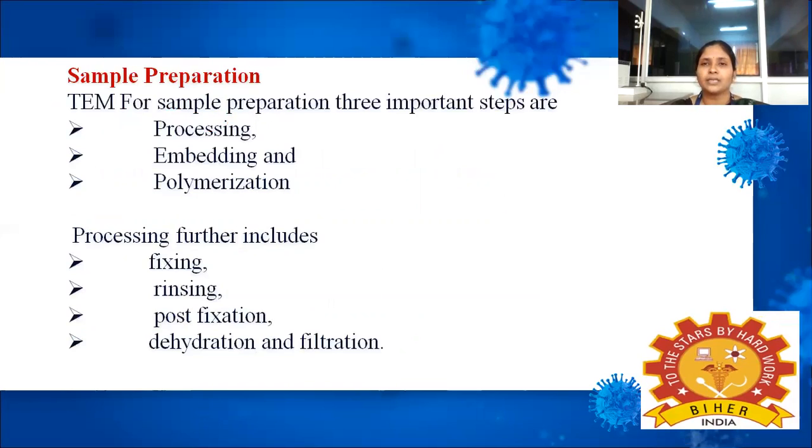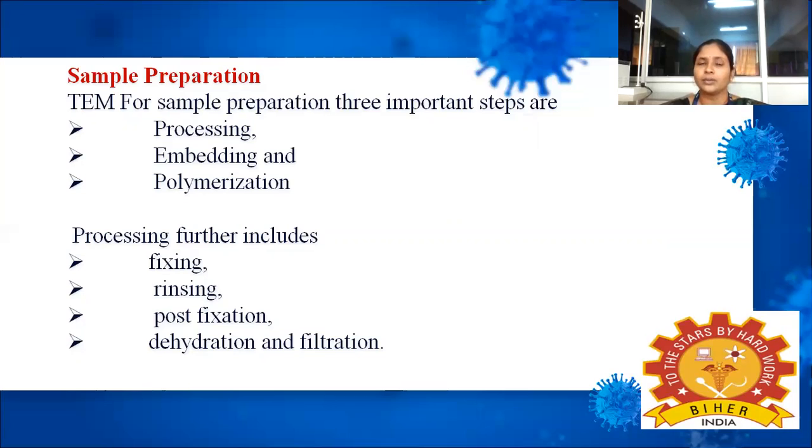Sample preparation is a very crucial process, especially with electron microscopy when compared to light microscopy. In light microscopy, it is a very simple and easy process. It is just done by the staining method, and we can do it within 5 minutes, or it may hardly take half an hour. The staining process is very simple in light microscopy when compared to electron microscopy. Electron microscopy involves a lot of laborious steps.